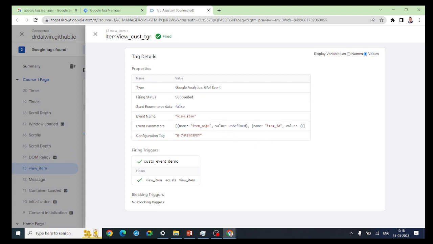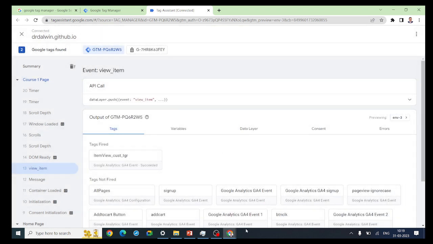See here, item name, we have configured item name, and then the value. See here, the value is undefined, which means that it is not fetching, there is some error. Whereas see here, item id, it is fetching the value. So for the item name there is some error, we will figure it out. Right now, see here in the web page